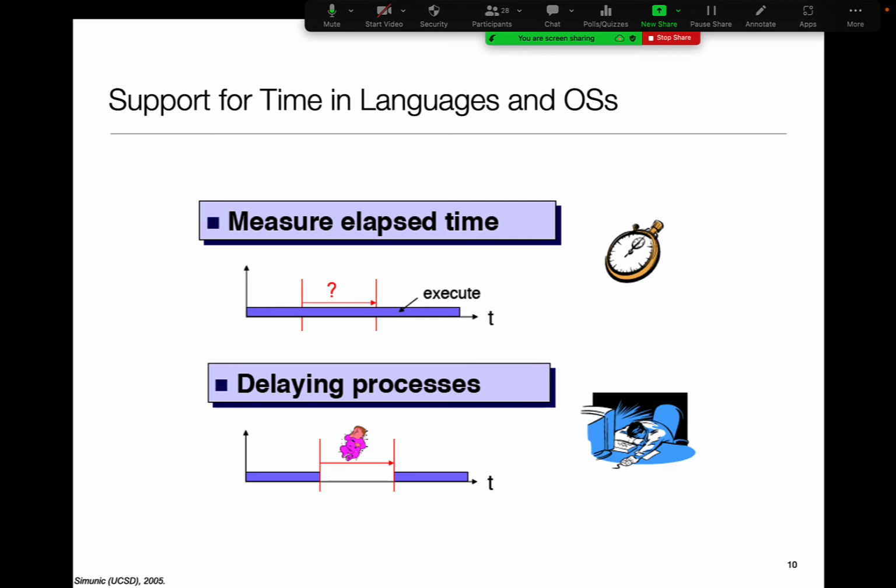The slide show suggests something. You sleep, right? You put the process to sleep. That's one way. That's the best way of doing things. If the operating system doesn't provide you with any way of sleeping, then you are going to create your own sleep by doing nothing. So the most common way of doing nothing is